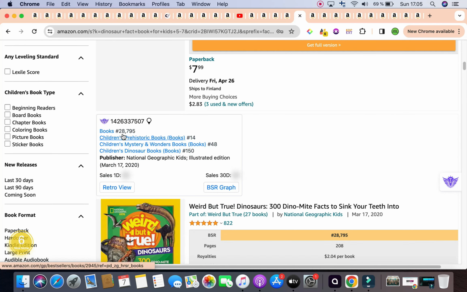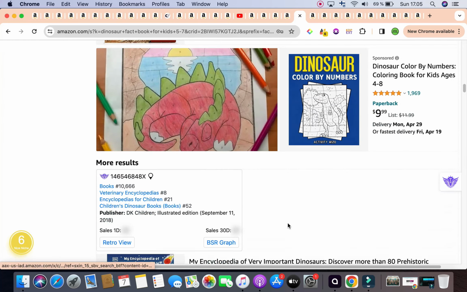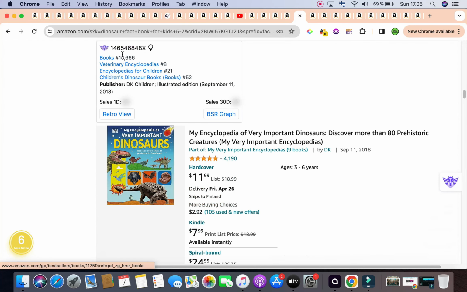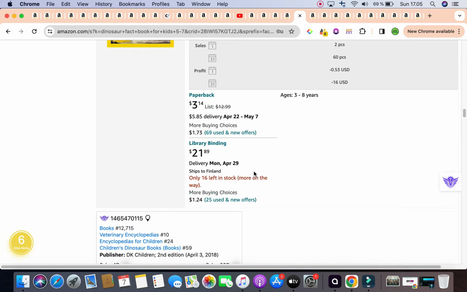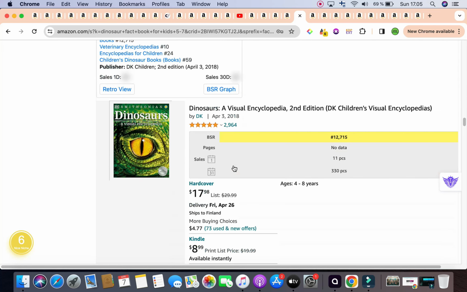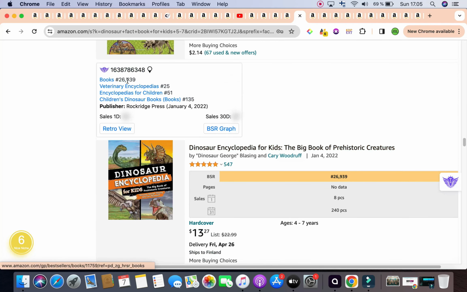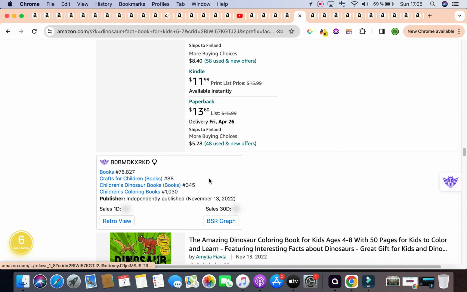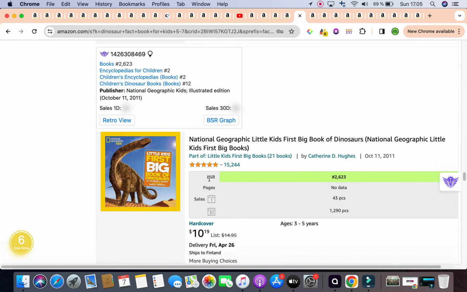Then again, we have another one which has a bestseller rank of 28,794, selling around 240 copies. Scrolling down again, 10,000 as the bestseller rank as well, 85,000. Next, we have 12,000 as the bestseller rank. Next, we have 95,000, all under 100,000, which is good to see. 26,000 as the bestseller rank, 76,000. We have 46,